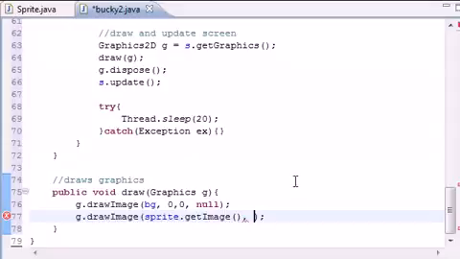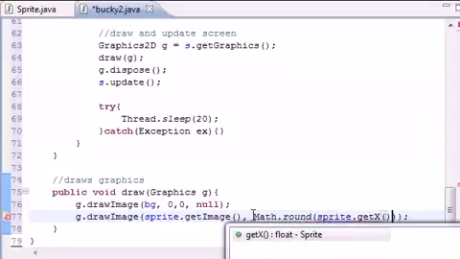Since this is going to be changing, we can't just type in 400, 300, because these are the values that need to be changing constantly. And what we need to do to this is actually round it off, since whenever we call getX and getY, it might give us a decimal point number. And if we say, all right, draw it at 1.3 pixels, it's going to be like, 1.3 pixels is either 1 or 2, make up your mind. So that's why we need to do Math.round, and in your round method type